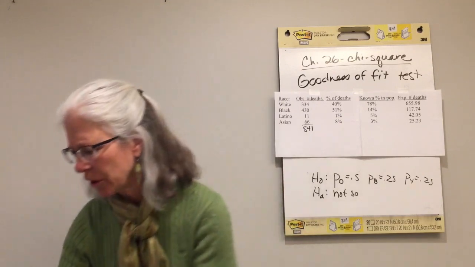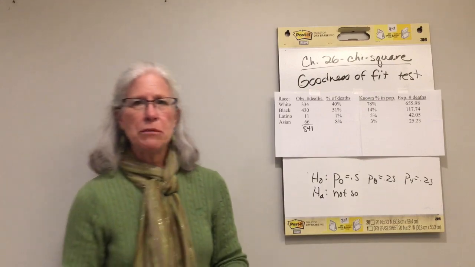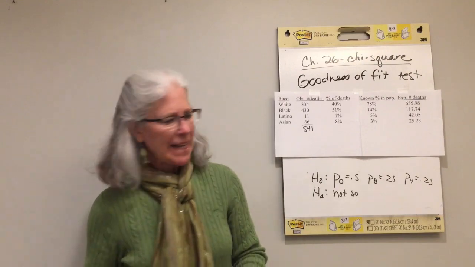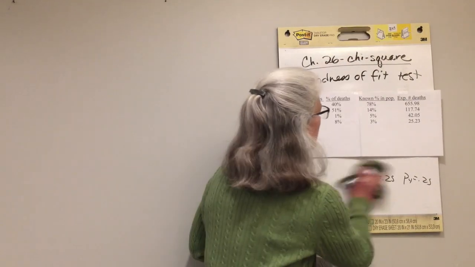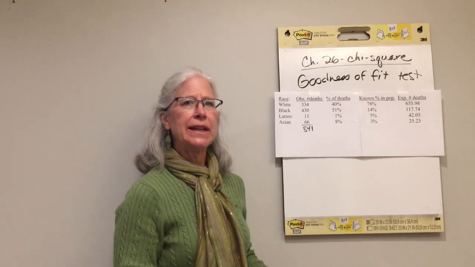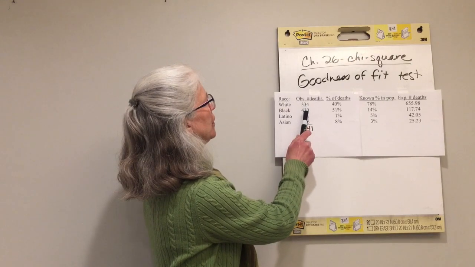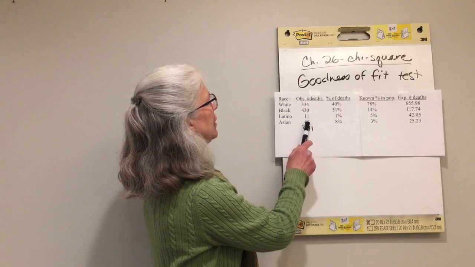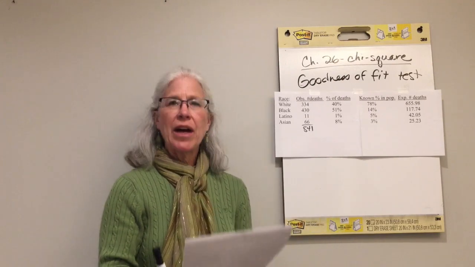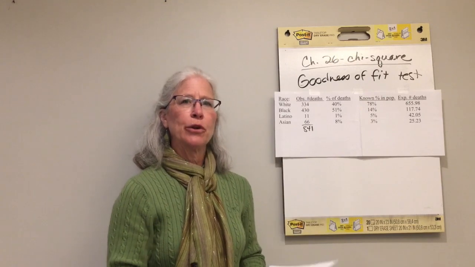So the example we're going to look at here is from Michigan. As of April 9, here was the distribution of deaths from COVID-19 in Michigan by race. There were 334 white, 430 Black, 11 Latino, and 66 Asian deaths. So actually there were 1,076 deaths from COVID-19, but of those, only 841 had the race